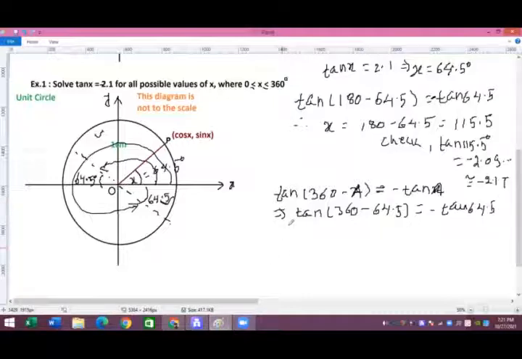So therefore another value of x should be 360 degrees minus 64.5. So let's calculate it. This is 360 degrees minus 64.5, and that angle is